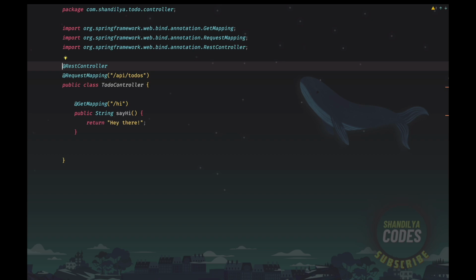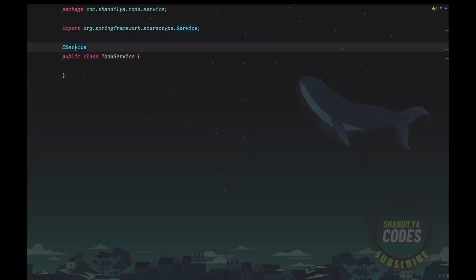We could also have very well created this using @Component, which is yet another stereotype annotation and a more generic one, right? That can also be scanned by the Spring IoC container and the bean could be created for that. But the idea is that when you are using a service class, then it's better to annotate with this particular stereotype annotation. And it clearly puts forward the message that this particular class is supposed to be a service class. So moving on,